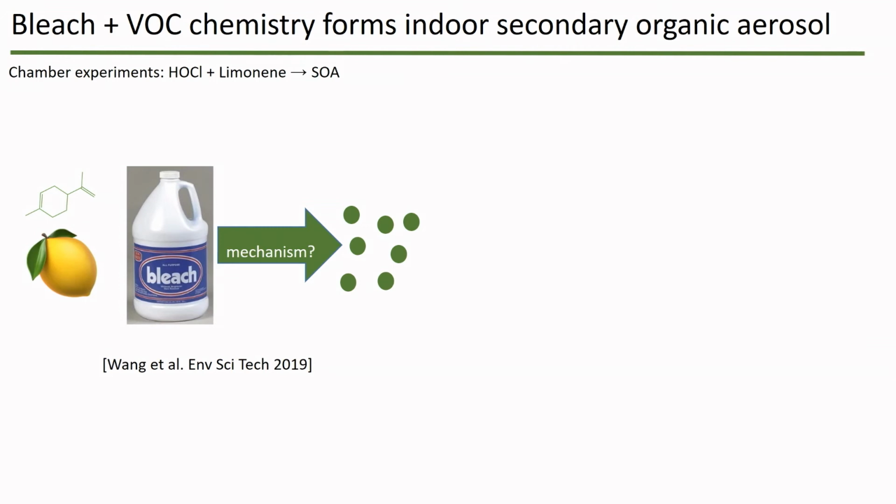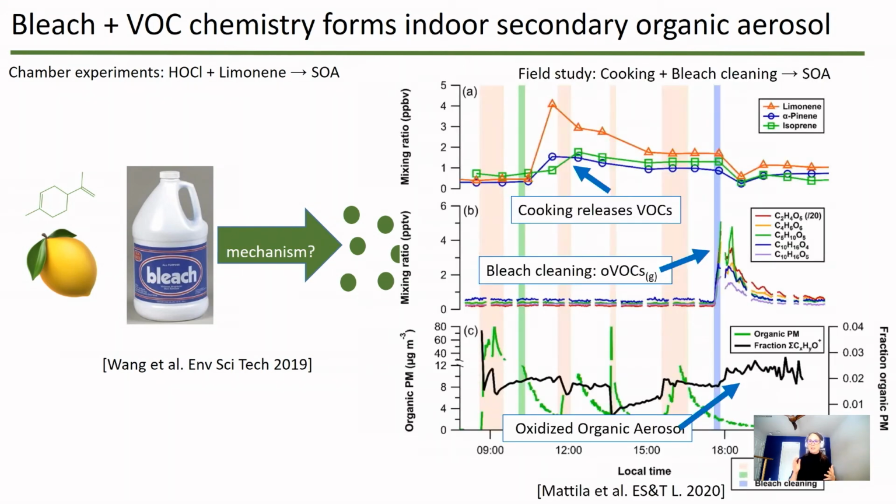So Chen Wang from John Abbott's group at the University of Toronto showed that if you take limonene, a key ingredient of anything that smells like citrus, and then the vapors from bleach, and you put them in a lab chamber, they would react and form new particles. Mechanism a little unclear, and this was a lab study. So we were really excited when we could go to HomeChem and do a test in a more field